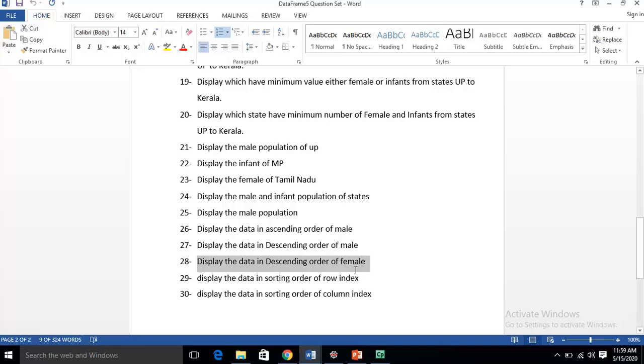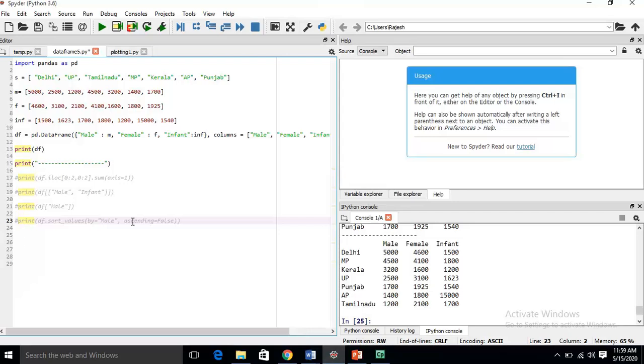Display the data in descending order of female. No need to worry. Simple thing: here you just change the field name. Write female and press F5. Now the data is arranged as per this field.